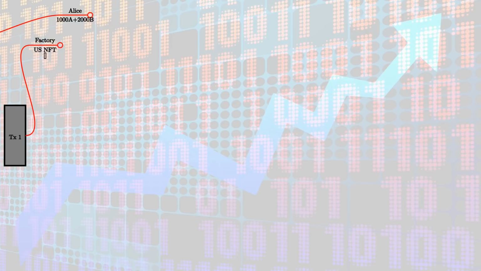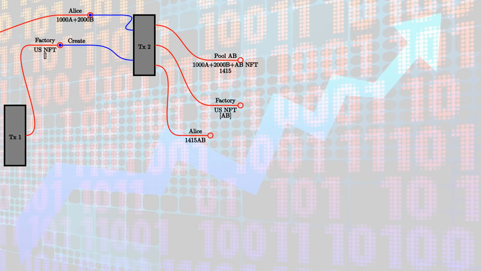And it's important to note here that the ratio between A and B reflects Alice's belief in the relative value of the tokens. So if she wants to set up a pool with 1,000 A and 2,000 B, then she believes that 1 A is worth as much as 2 Bs. In order to create the liquidity pool, she will create a transaction with 2 inputs and 3 outputs. The 2 inputs will be the liquidity she wants to provide, so the 1,000 A and the 2,000 B, and the Uniswap factory, invoked with the create redeemer.